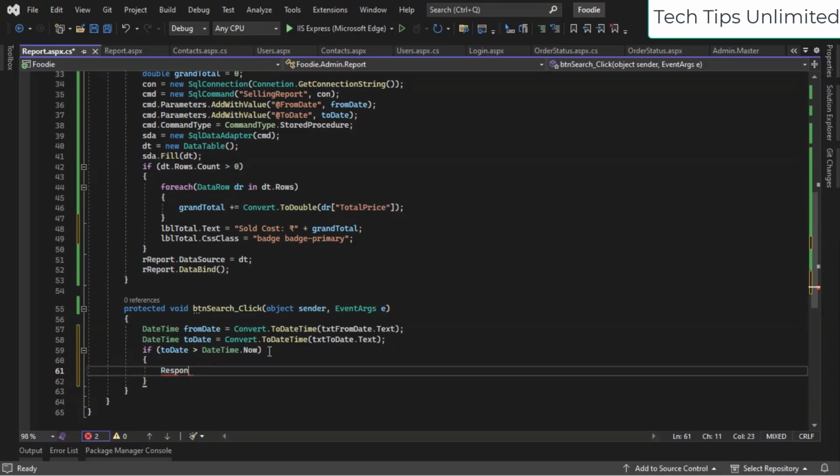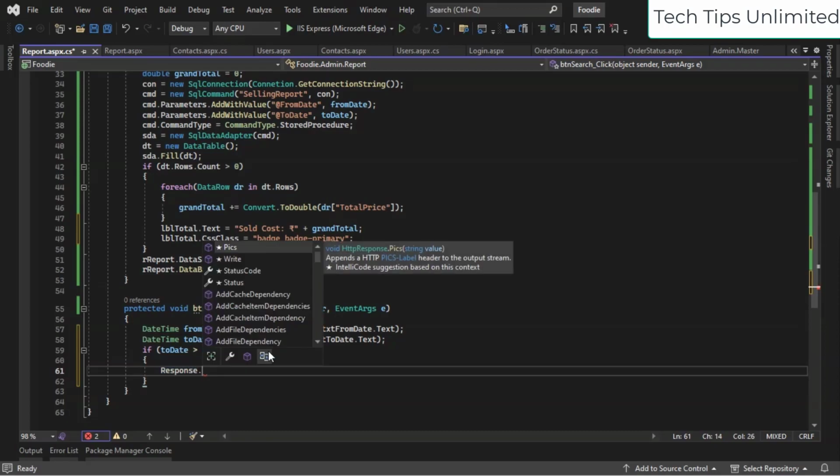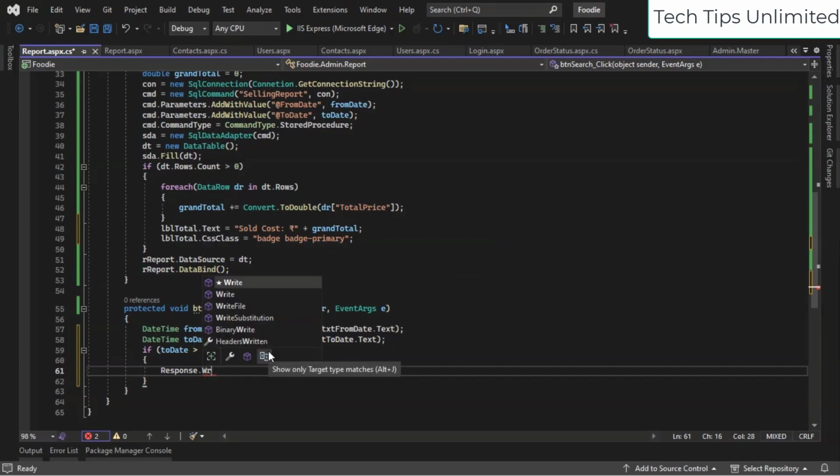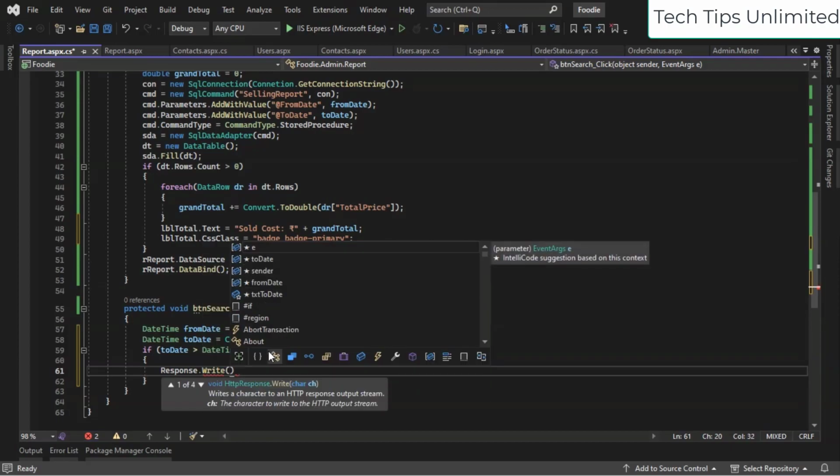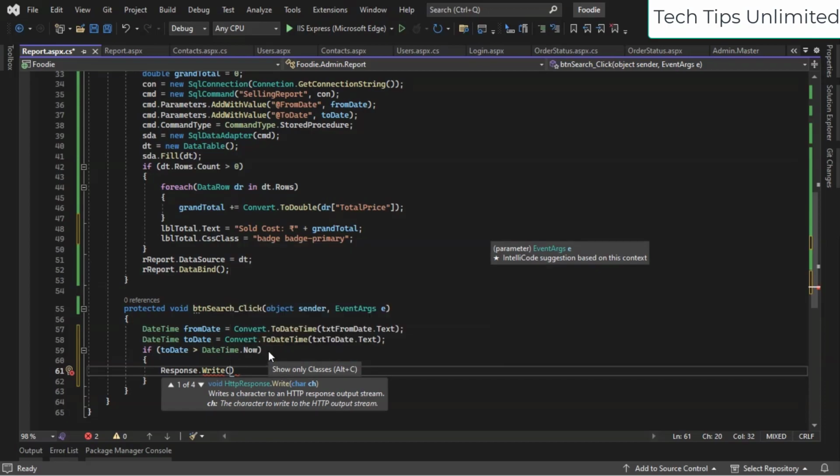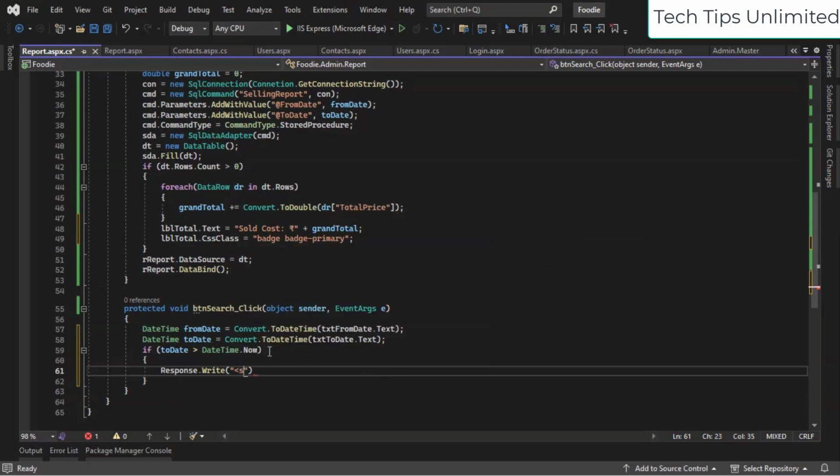Response dot write. In that we'll have the script tag, copy, paste, alert function, semicolon. In that, what we want to display,